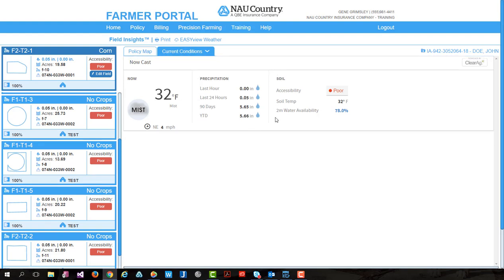and the soil information. So on the left, you'll see we first start out by showing the current weather conditions for the field. In this case, it looks like it's 32 degrees out there with some mist, followed by some precipitation information where you can see we'll list out the last hour, the last 24 hours, the last 90 days, and then year to date as far as the precipitation that's fallen. So you can see here in this case, the majority of the rain has fallen within the last 90 days